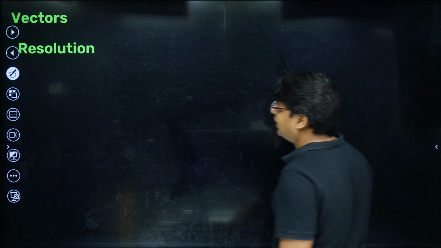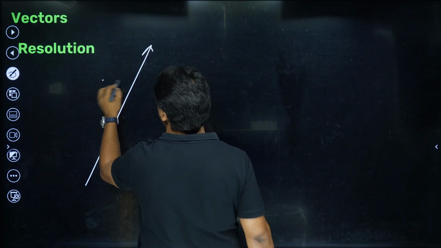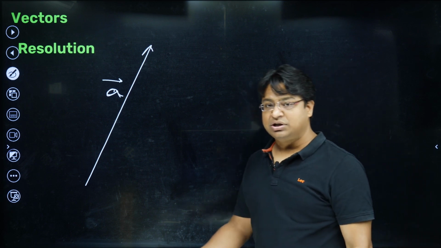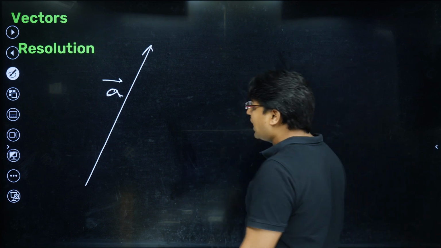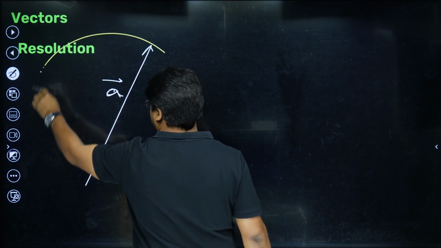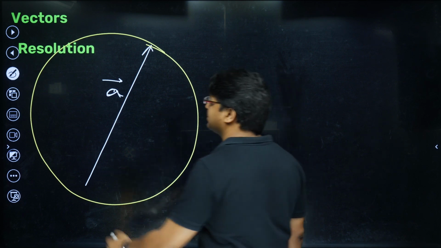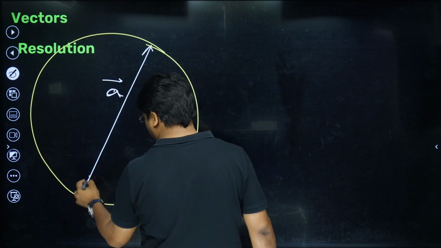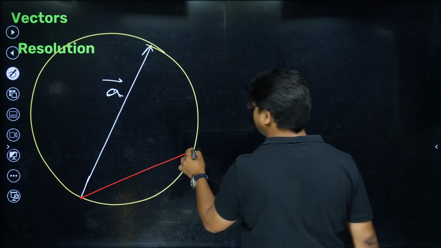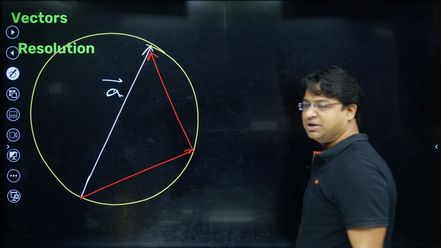Whatever vector I have given you, suppose I have given you this vector A, and I have asked you to show me how we can split it into pairs such that the components are perpendicular to each other. What I will do is draw a circle such that this vector becomes the diameter. Now you just start from the tail and join the circumference. We know that the circle has this property that